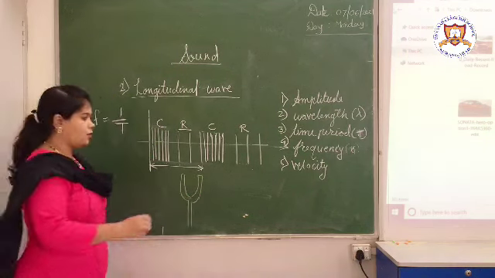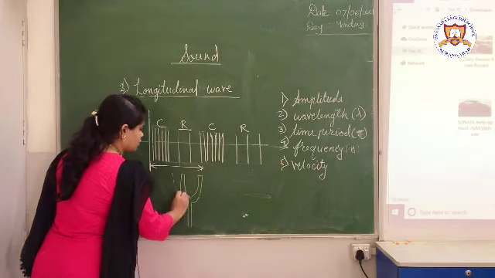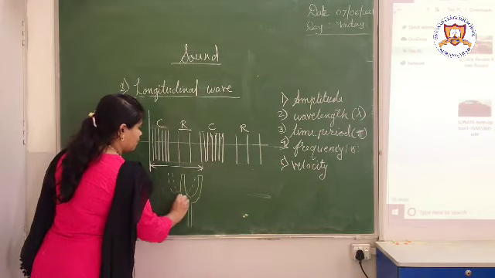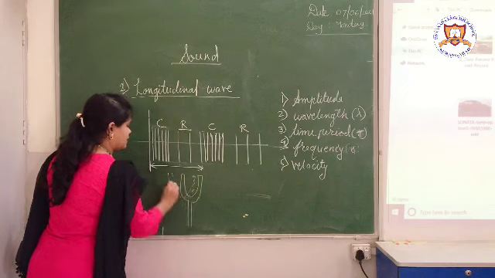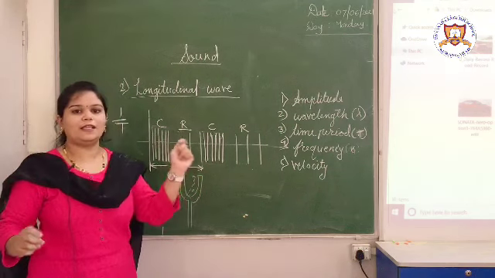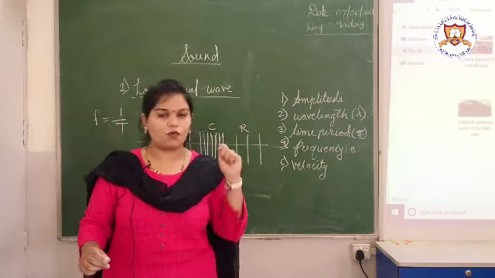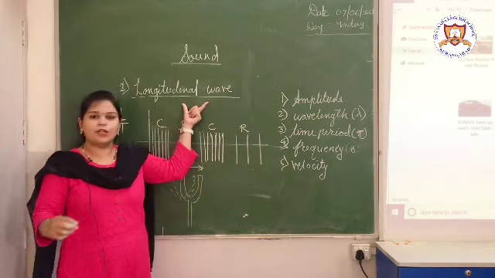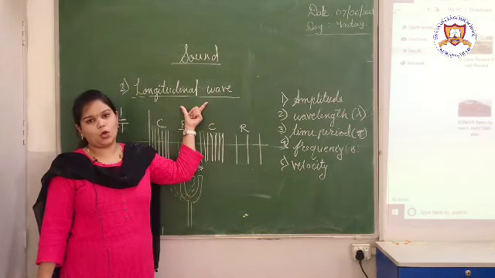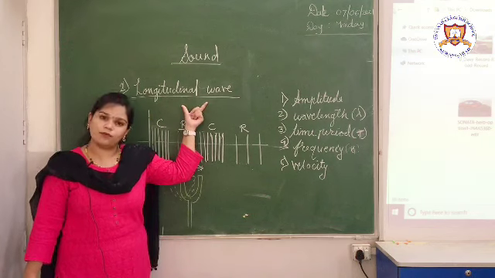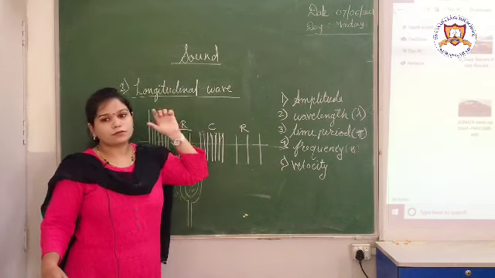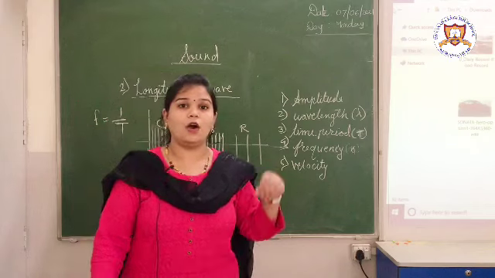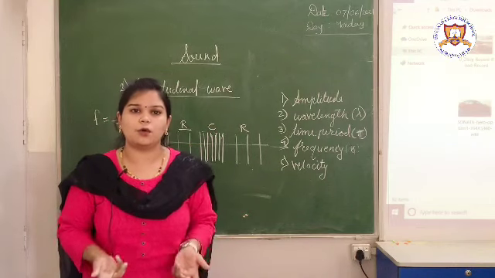When we vibrate this tuning fork, it just changes its position. It is as simple as that. It gets displaced and starts vibrating. Vibration means there is a wave, and there is a production of a longitudinal wave, which we can call a sound wave. So, in this sound wave, how are we producing sound?